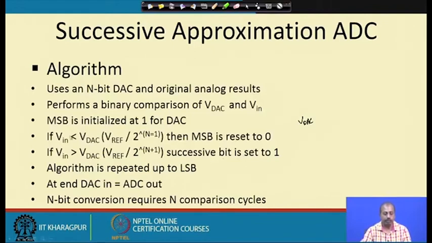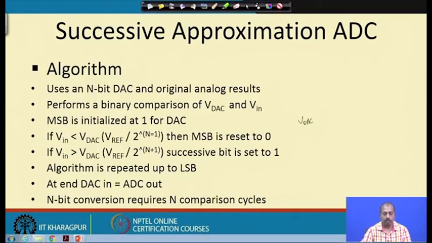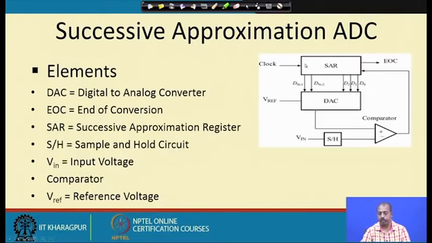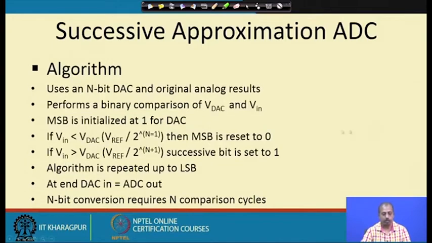Initially the most significant bit is initialized to 1 for the DAC. So, in this successive approximation register, the most significant bit, that is Dn minus 1, is set to 1 and the rest of the bits are set to 0. As a result, this DAC will be outputting a voltage which is equal to Vref by 2. This Vref by 2 is compared with V in, and if V in is higher than Vref by 2,